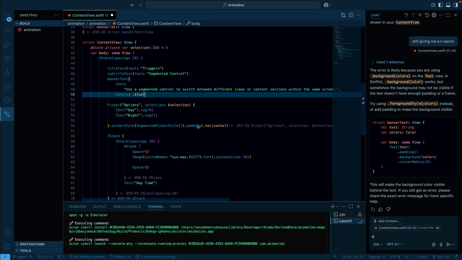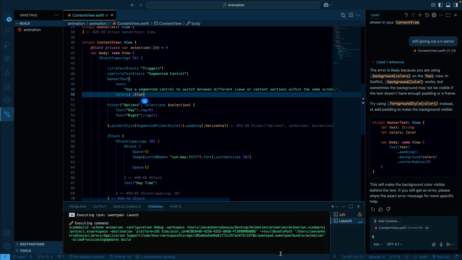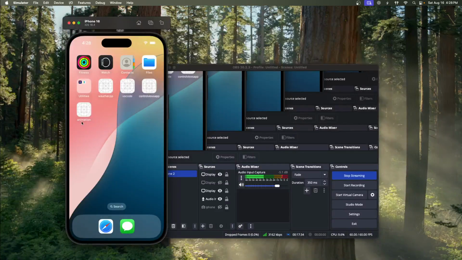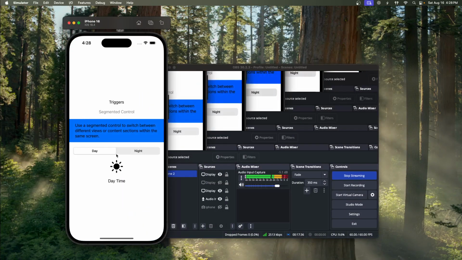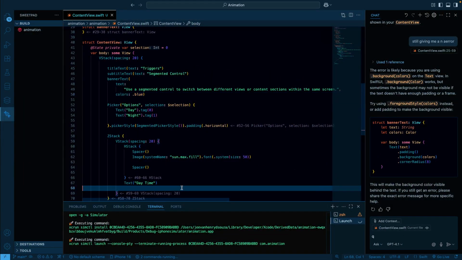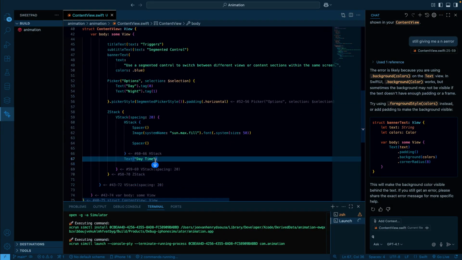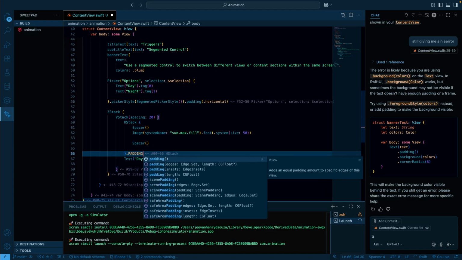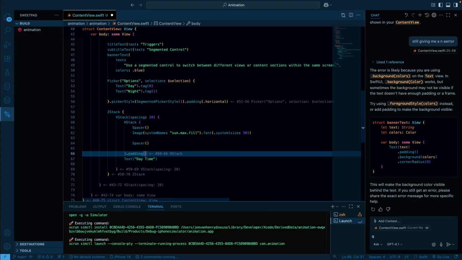Yeah, let's just format it. So now if I run this, so that should now be exactly in between. Okay, so I've got the text. Let's give it a padding from top so that